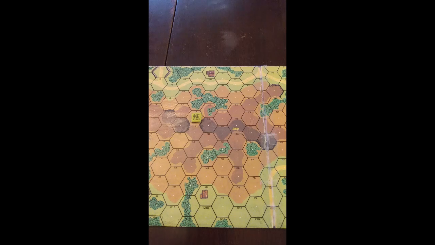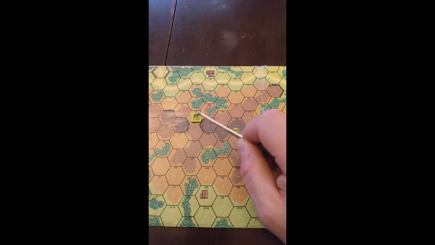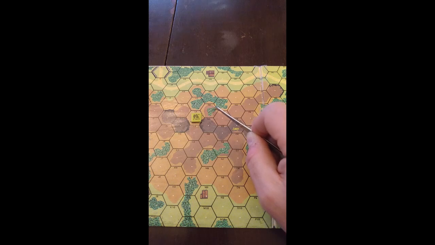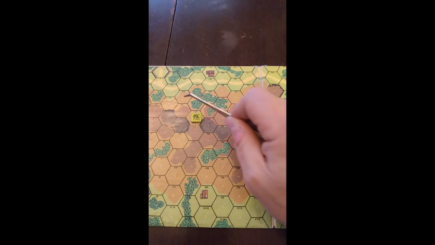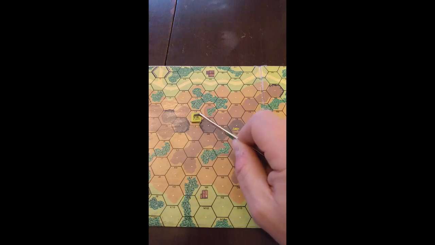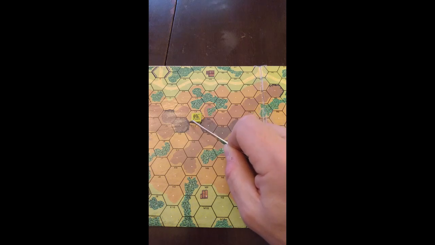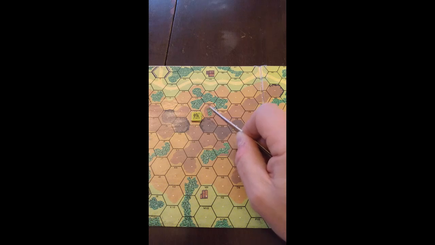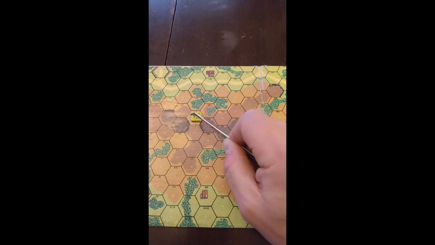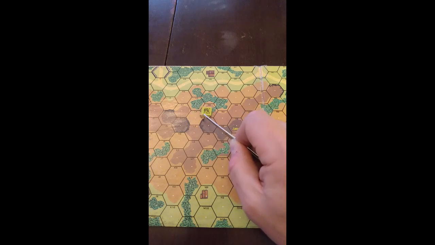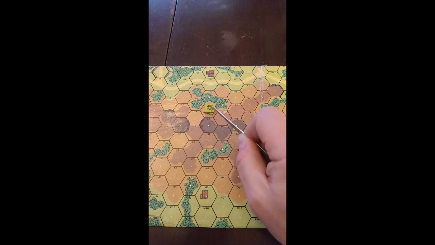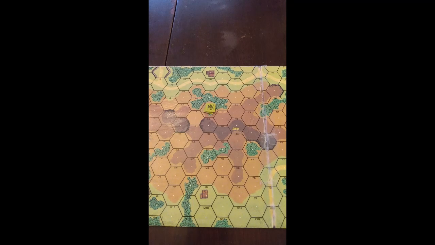Now, if we want to enter M4, here's a couple things going on. We know that it's a woods hex, but we also know that it's 1 level higher. When we're going uphill, and I didn't make this clear previously, it doesn't just add a single movement factor, it doubles the movement factor, whatever it is to enter that hex. Since we're entering a woods hex, which would ordinarily be 2 movement factors, that's going to double because we're going uphill. So that single hex from L4 to M4 has a cost of 4 movement factors.